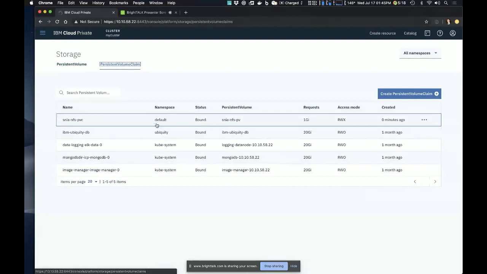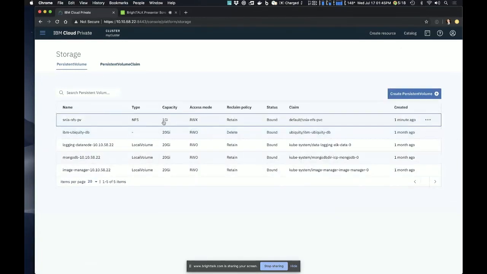And you see here, my persistent volume claim is now bound to my persistent volume, because that persistent volume met the requirements of the persistent volume claim that I created. The two requirements I gave it were access mode of read write many and a storage resource of 1 gigabyte. So this is now bound. Before it was available, but now it's bound.